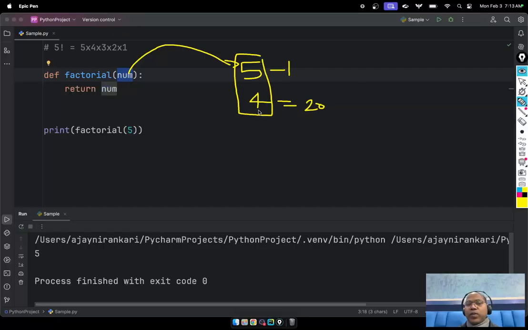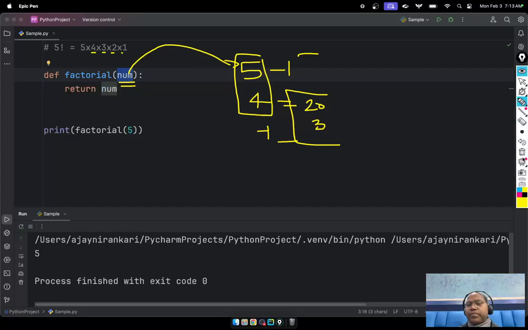Okay, and whatever the 4 we have, again do -1, then I get the next number 3, then again do multiply. So somehow whatever the initial number I have, if I do -1, then I can get this. If I -1, I can get this, I can get this, I can get this, I can get this. So